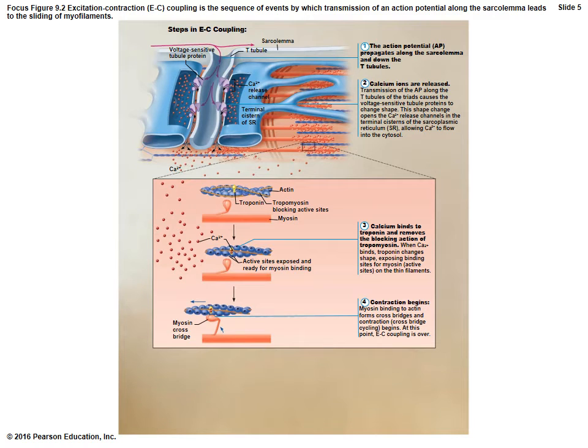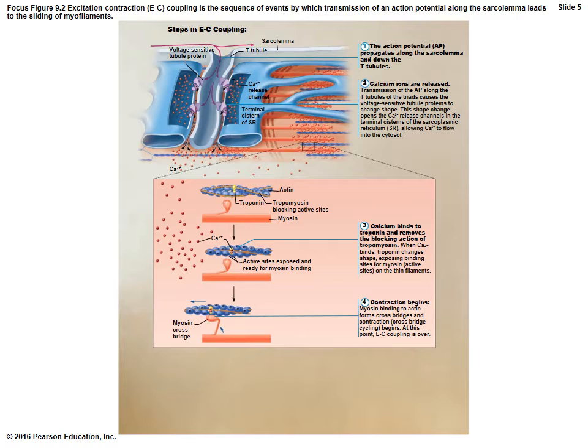Let's take a look at this picture a little bit more. It's more enlarged from what we originally saw. So starting on top, we can see that the action potential indicated by the purple arrows is spreading across the sarcolemma, and when it comes across a T-tubule, it will enter through the invaginations, which means it enters into the cell, and the minute it enters into the cell, the action potential is also noticed by the SR region, the sarcoplasmic reticulum, which are the two blue regions on either side of the T-tubules,